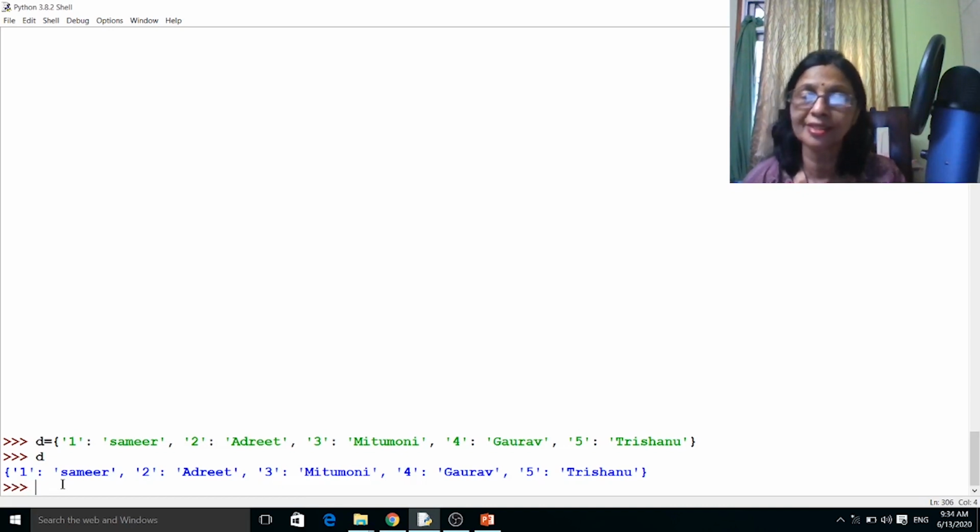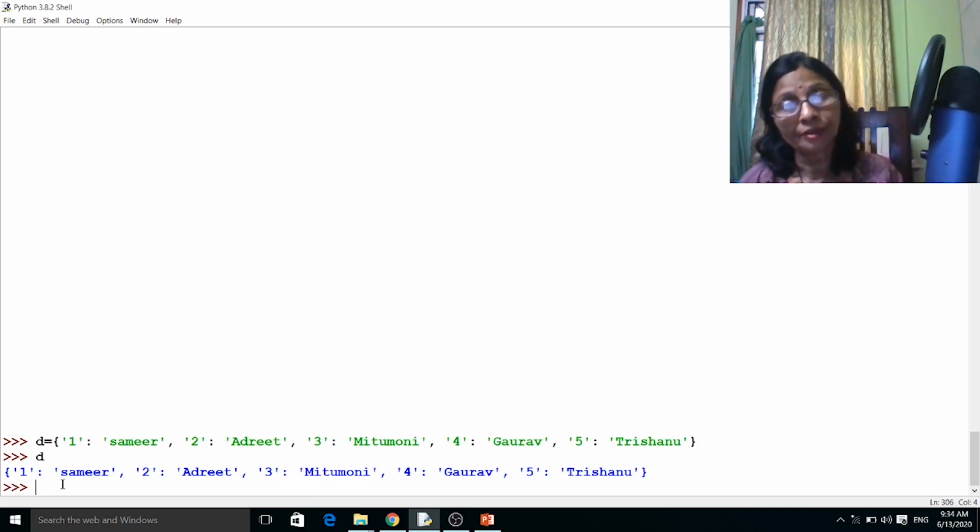So it indicates that it is a dictionary. And here you can see two values separated by a colon. The first one is the key and the second one is the value. Next we will learn how to access an element in a dictionary.